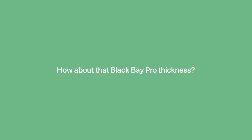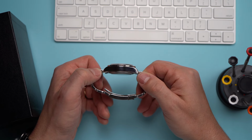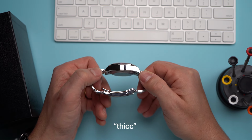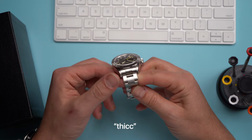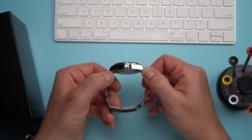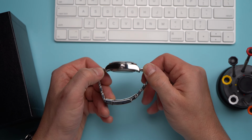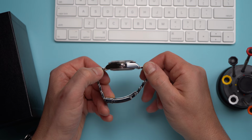Question: how about that Black Bay Pro thickness? Answer: of course, this was the most frequently asked question. And to all of you who typed the word thick with 2 C's, you're very cute and I'm sure everyone thinks you're hilarious. 15 millimeters is the thickness of this watch. That is large. That dimension is the result of the 200 meters of water resistance and the movement thickness, which